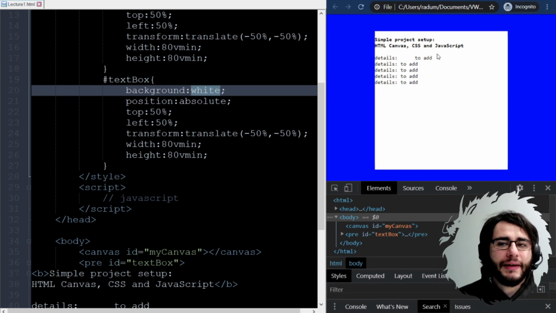But if I leave it white, it's going to cover the canvas. So if my canvas will be drawing something, this is going to be on top of it, and I will not be able to see what is behind anymore. So I could give a hint of what is behind by making it transparent. For example,